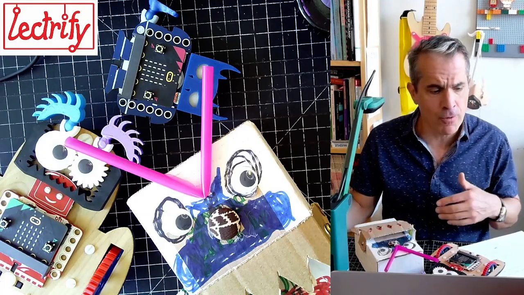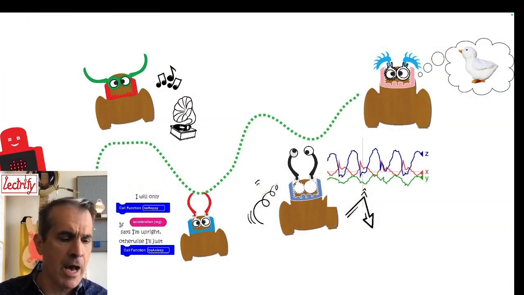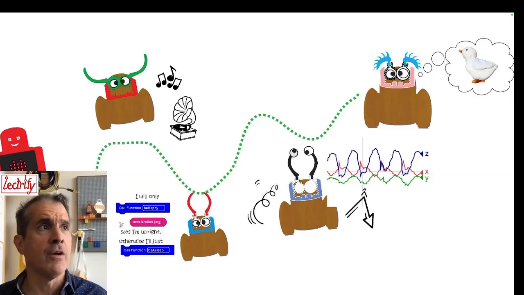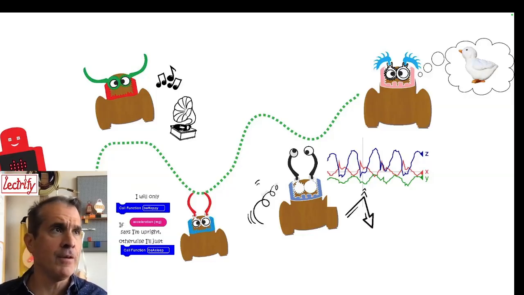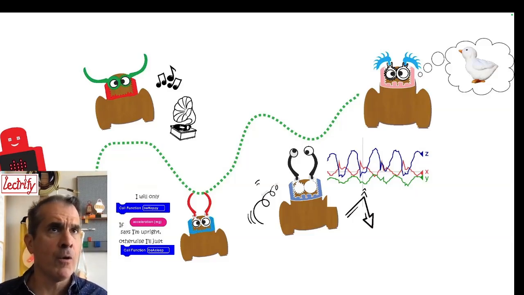But first, I wanted to start with just an overview of what we've done so far and do a quick recap of the key lessons we've learned so far, and then we can jump into the final project. The journey of our little monster has started from the simple program giving it a hello world, a beating heart, all the way through to where we are now, where our monster is ready to grow up and become part